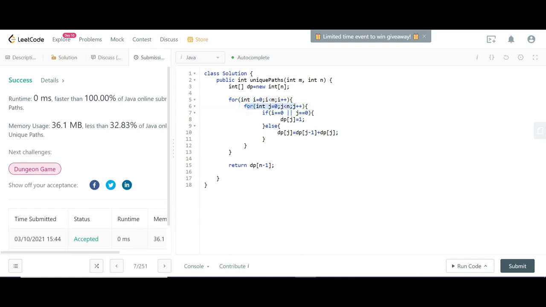If the i value is 0 or j equals 0, then dp of j will be 1, or else dp of j will be dp of j minus 1, the previous one, plus the current value, that is dp of j. After doing this, whatever the last value is, that is the n minus 1 value, we have to return as the answer.